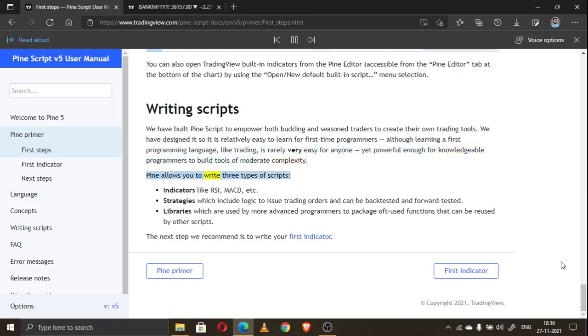Pine allows you to write 3 types of scripts. Indicators like RSI, MACD, etc. Strategies which include logic to issue trading orders and can be back-tested and forward-tested. Libraries which are used by more advanced programmers to package oft-used functions that can be reused by other scripts. The next step we recommend is to write your first indicator.